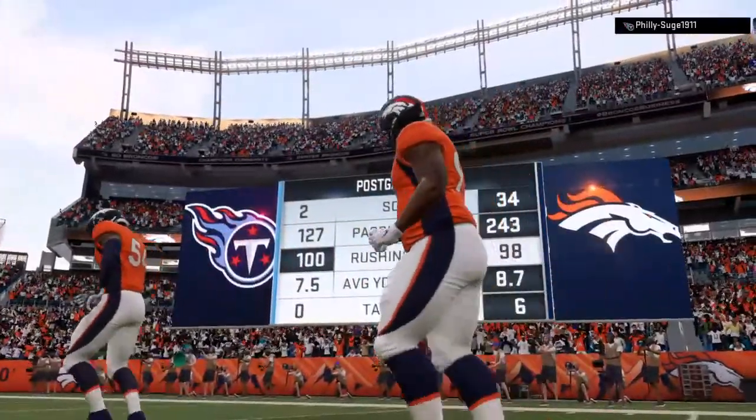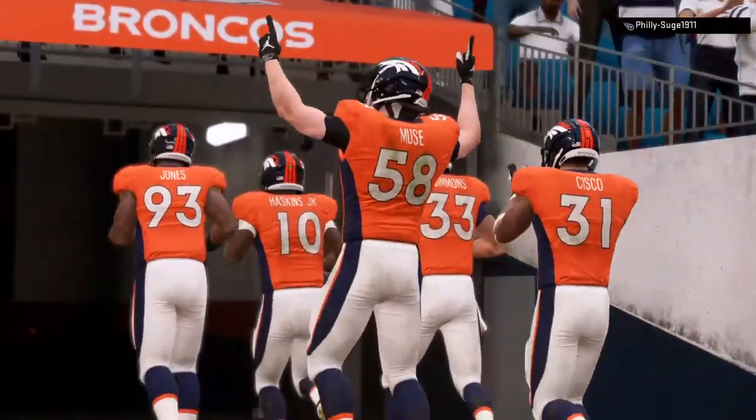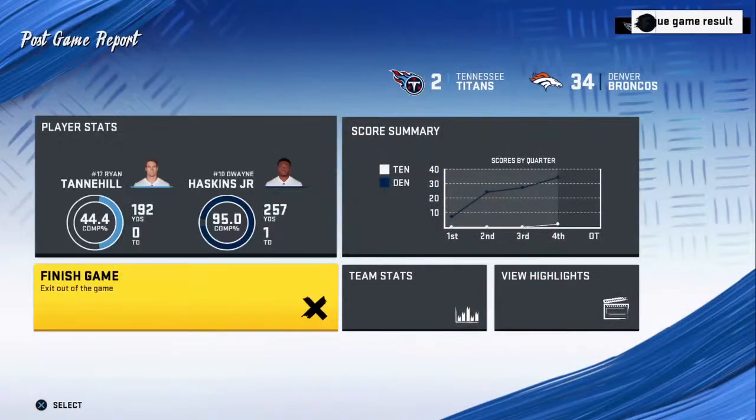So for Denver, it's an ideal start as they move to 3-0 now on the young season. And they will hit the road next week to take on the Carolina Panthers. Meanwhile, for Tennessee,